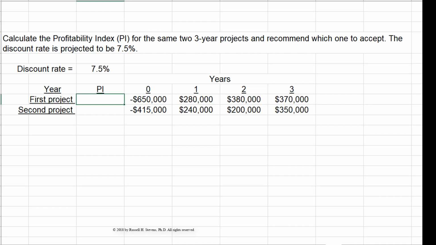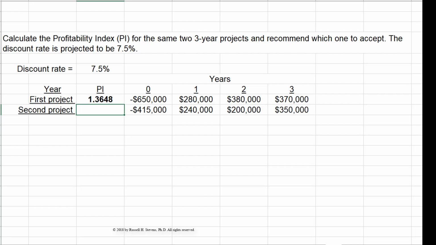Highlight the workbook cell under PI. Type in an equals sign, followed by NPV, followed by an open parenthesis. Highlight the 7.5% and follow it with a comma. Highlight the positive cash flow workbook cells from $280,000 to $370,000. Enter a close parenthesis, followed by a slash denoting division, followed by a minus sign to switch the sign of the initial investment. Highlight the minus $650,000 and press enter. The profitability index for the first project is